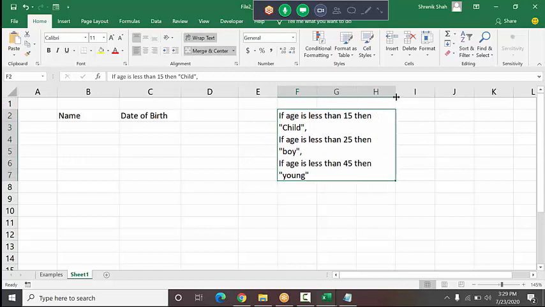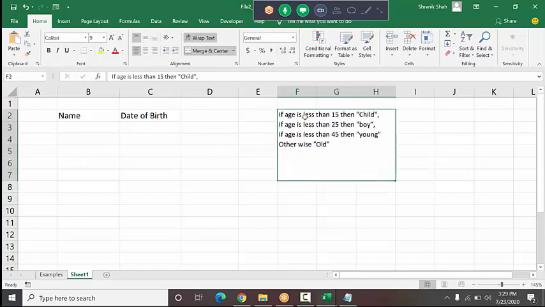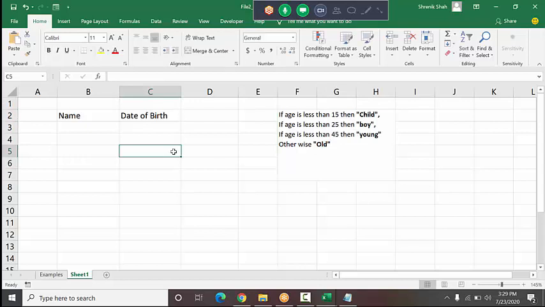So here are some conditions, and we check these conditions. To print child, the age should be below 15. To print boy, the age should be below 25. To print young, the age should be below 45. Otherwise, old.